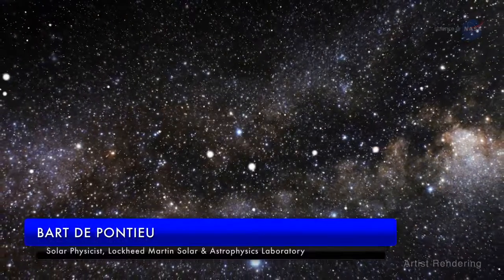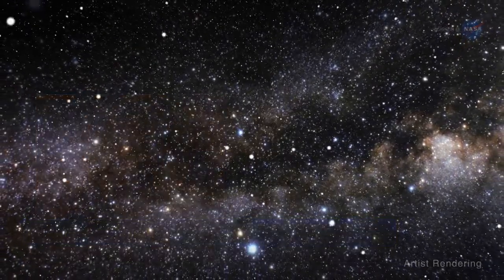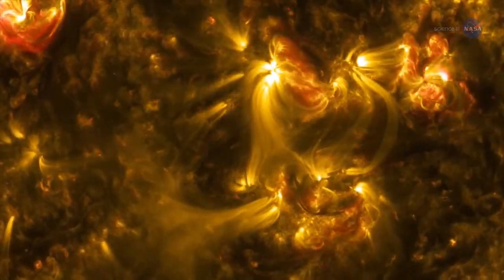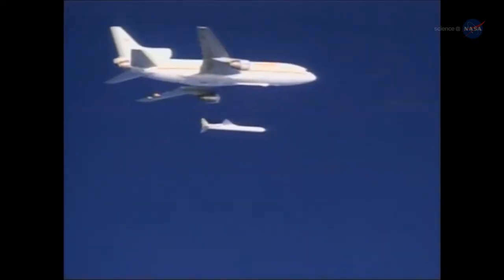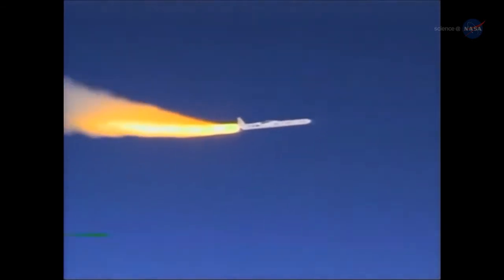Solar physicist Bart De Pontieu of the Lockheed Martin Solar and Astrophysics Laboratory says, "The problem of coronal heating was first discovered in the 1940s. The problem involves a variety of complex physical processes that are difficult to directly measure or capture in theoretical models." On June 27, 2013, with campfires blazing around the USA, NASA launched the Interface Region Imaging